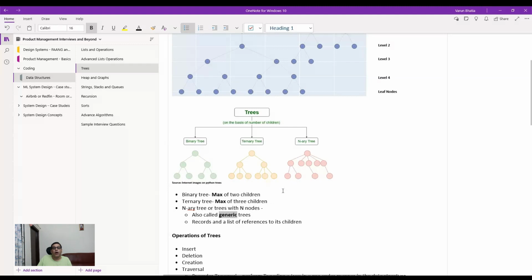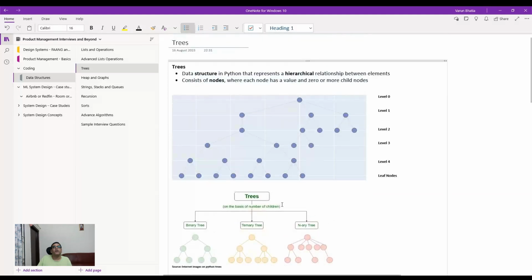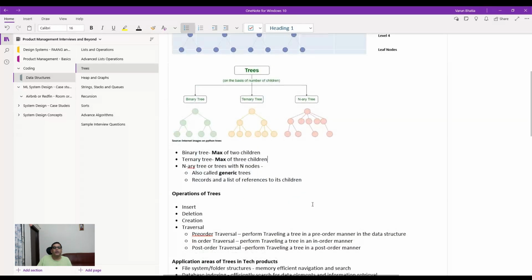Okay. Now coming to the operations of trees, right? What are the operations that you can have in trees? So remember, from lists we had operations like sort, pop, delete, and we also had append, right? Those sorts of operations are what you want to have associated with any data structure, correct? So what are the operations that are available for trees? You can do an insert, you can do a deletion, you can do a creation, and you can do traversals. Insert, as the name suggests,